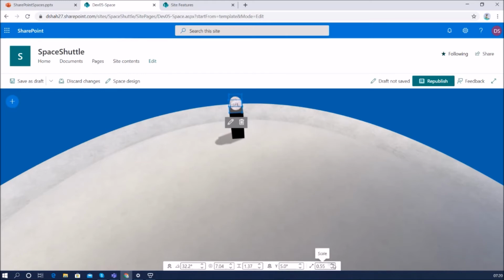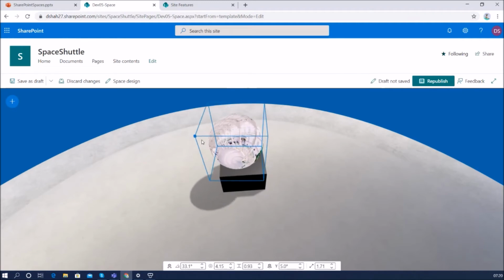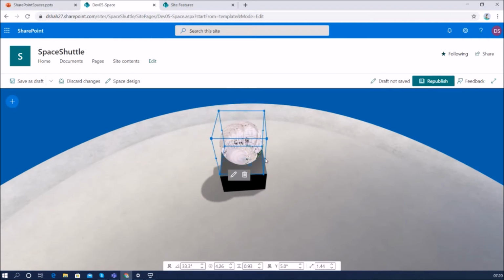And scale property means you want to gradually increase the scale or size of your web part using this property, right? We can also change the y-axis using the UI as well, right? In the same way we can drag our cursor anywhere and you can see that the y-axis is being changed over here, right? So the entire 3D block is moving like this.